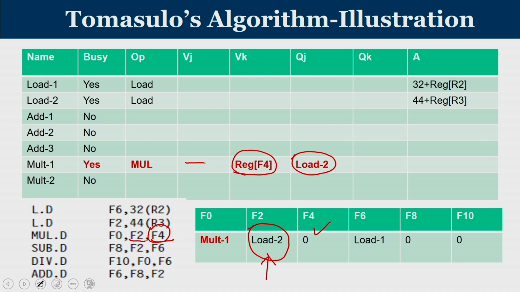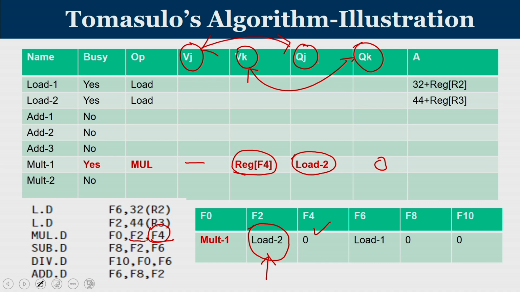So, you go to the register file, and the content of the register file is the value of Vk. Vj is blank, and Qj and Vj are coupled together. If Qj is non-zero, do not look into the value of Vj. If Qk is 0, then I have to look into the value of Vk, which is the value 0 here. So, the first operand is not available, and I wait for the result produced by load 2. The second operand is available, that is why the value is kept in the Vk field.